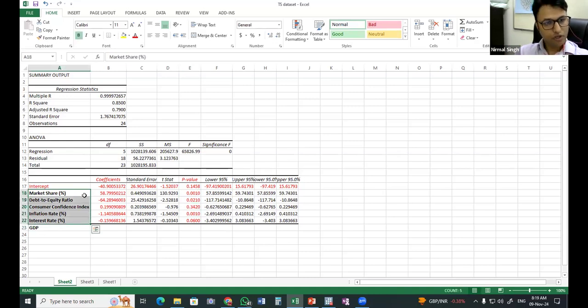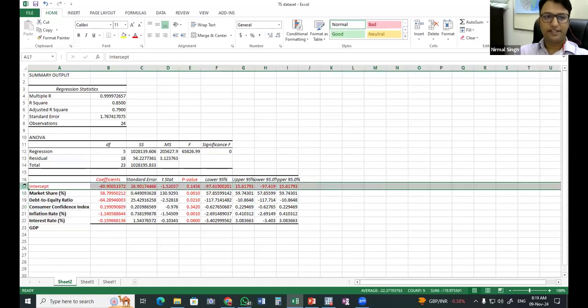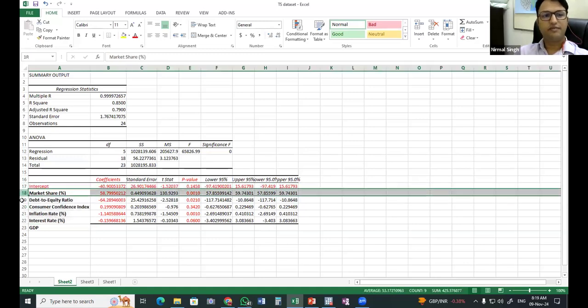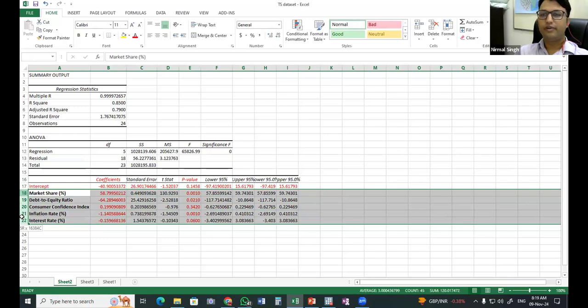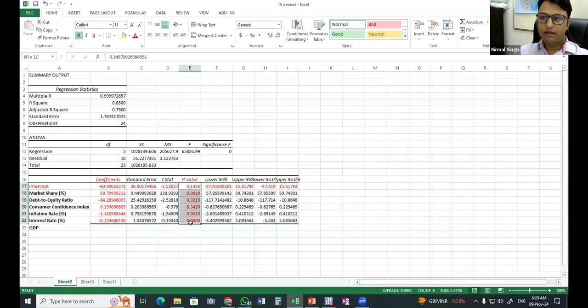And the other thing is the intercept. The intercept tells us what the valuation of the company will be if we are not considering these other variables. Once we look at the p-values, if a variable comes out significant, then we can say that this particular variable is explaining the variation. So how do we interpret it? Okay, now we can continue with the poll question. After that I will discuss the interpretation of these coefficients.